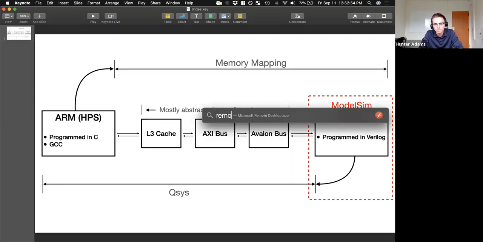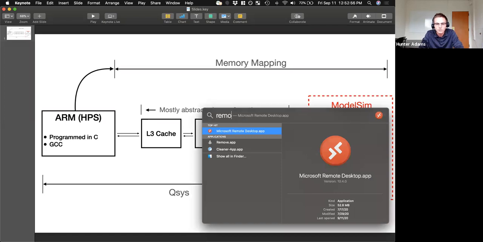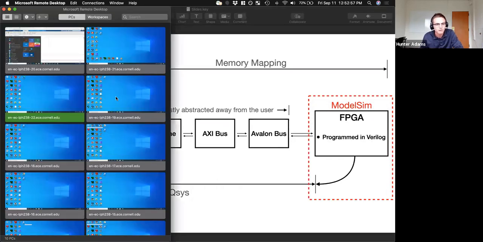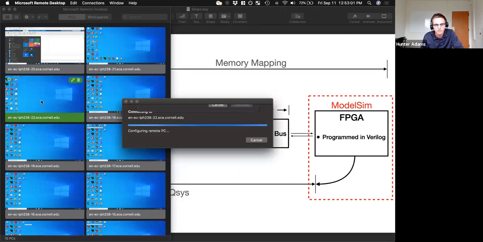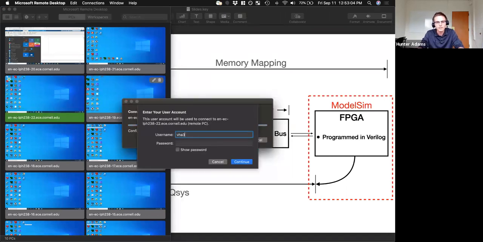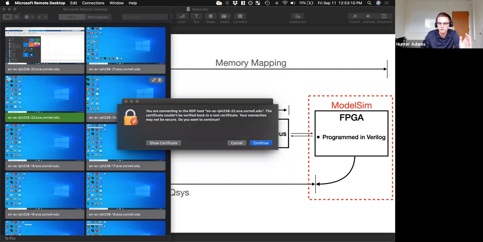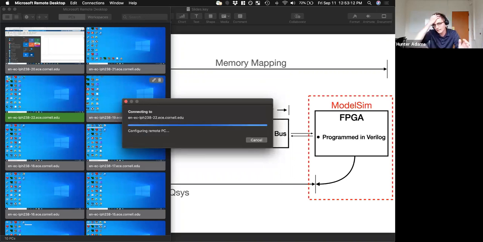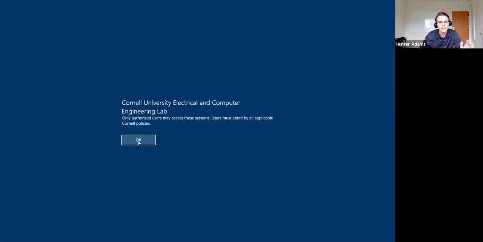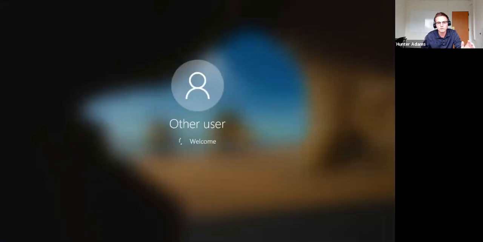And I want to attempt to do it in real time, which is always scary, but I have lots of people to keep an eye on me, so you can catch my mistakes. This is also, I will say, the rest of this system, Qsys, memory mapping, it's all a bit cumbersome, and it's an example of one of those things that